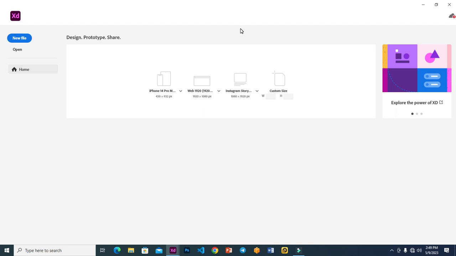So after this, you bundle the whole thing, send it or share it with the developers, and then they just go straight and develop the website. All right. So that is what Adobe XD is about. Now,